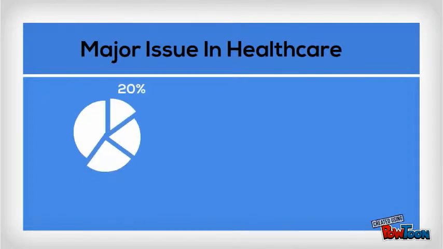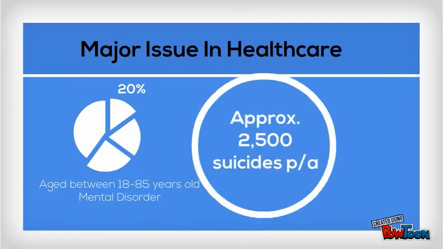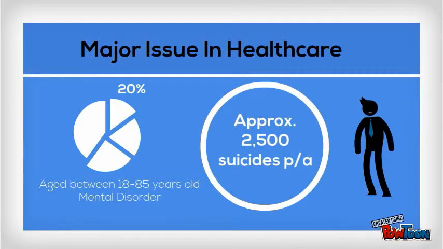In Australia, an estimated 20% of the population aged between 18 and 85 years will have a mental disorder within a 12-month period. Shockingly, there are approximately 2,500 confirmed suicides per year, a disgraceful statistic considering the preventable nature of